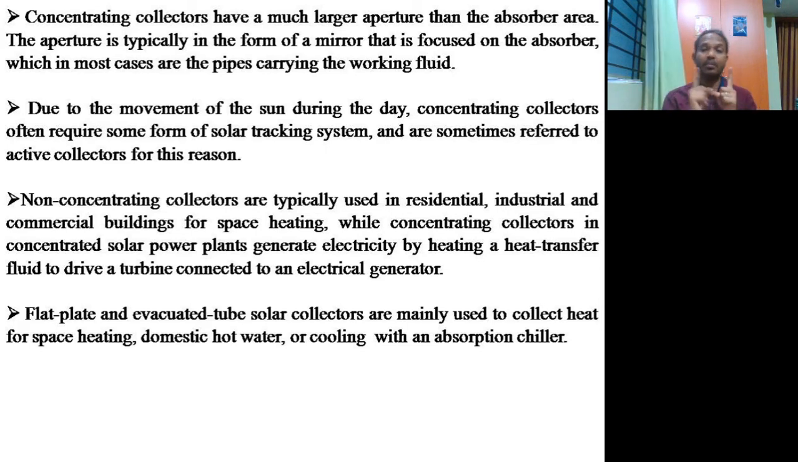So that means, in concentrating collectors we need to have a tracking system in order to trace the path of the sun, whereas in non-concentrating collectors they are fixed, so there is no need for a tracking system. These non-concentrating collectors are typically used in residential, industrial and commercial buildings for space heating and space cooling applications